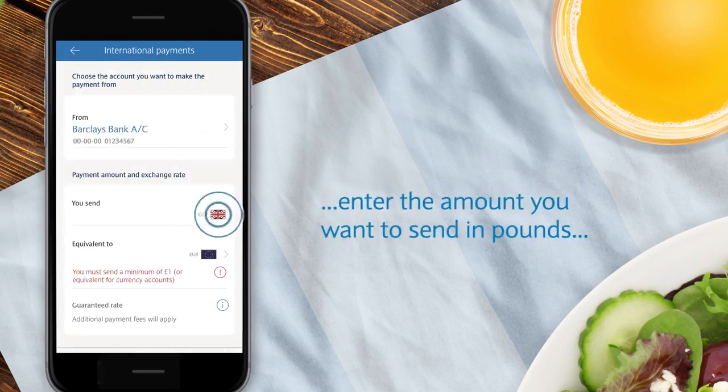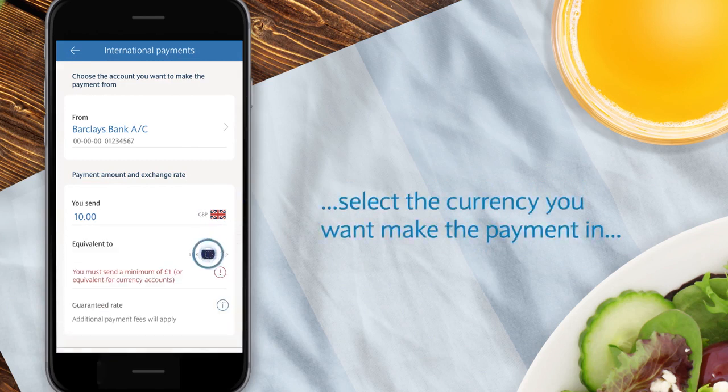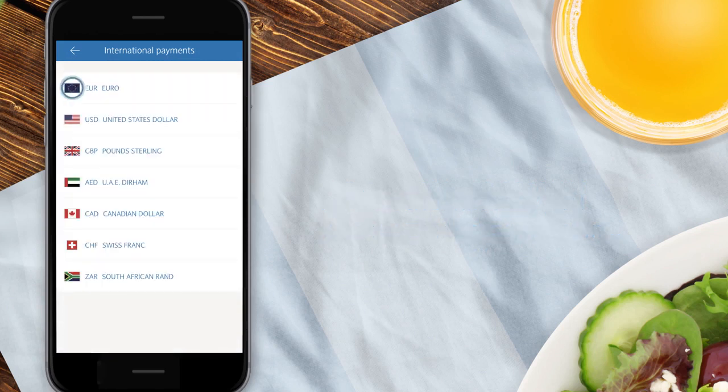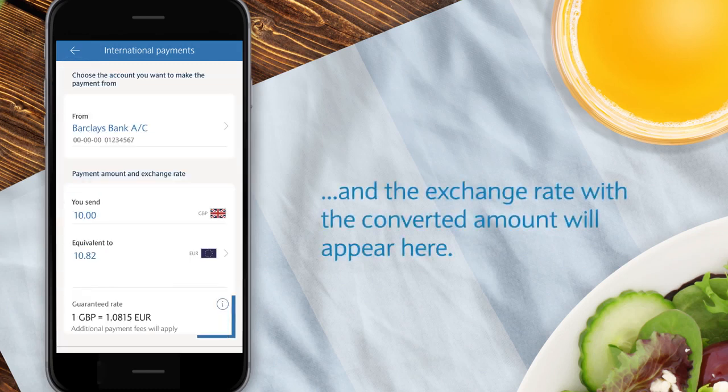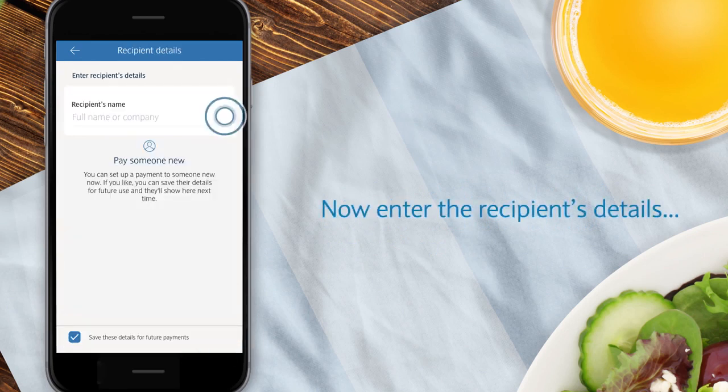Enter the amount you want to send in pounds. Select the currency you want to make the payment in. And the exchange rate with the converted amount will appear here. Tap Continue. Now enter the recipient's details